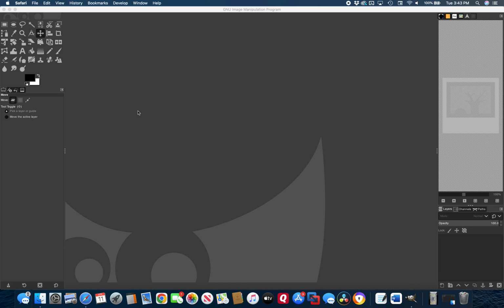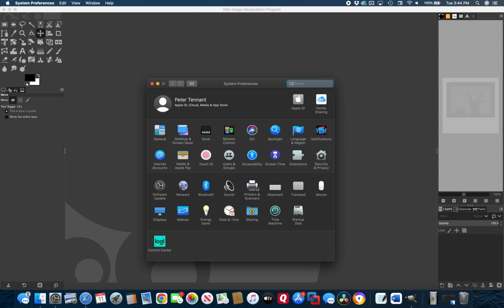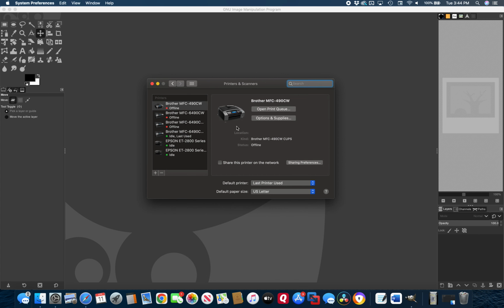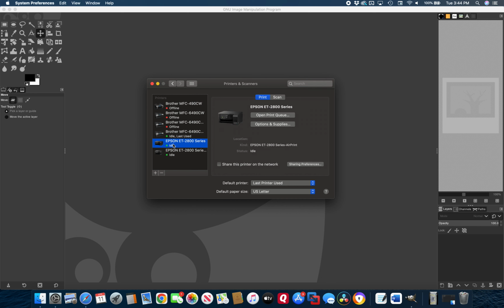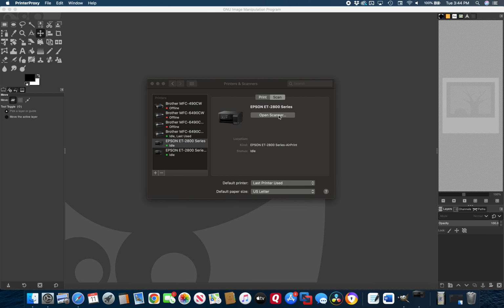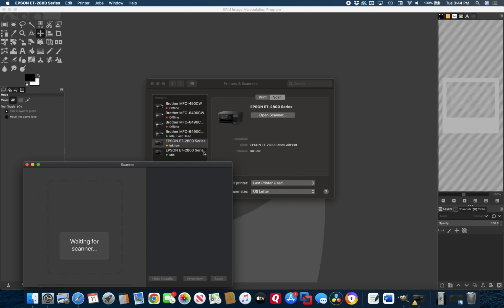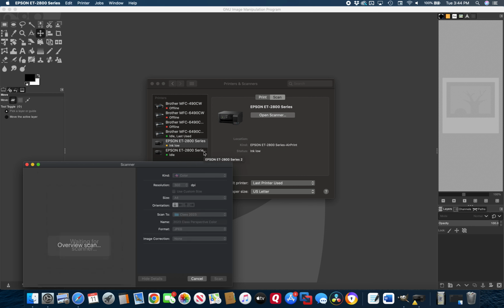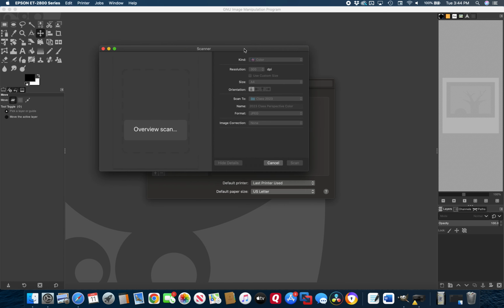So now I'm going to go into my scanning software. On the Mac, you can do that in System Preferences. You can go to Printers and Scanners, and you can select the printer or scanner, and you can hit Scan. Open Scanner. Waiting for Scanner. This is going to vary from scanner to scanner, but typically it's going to be something similar,